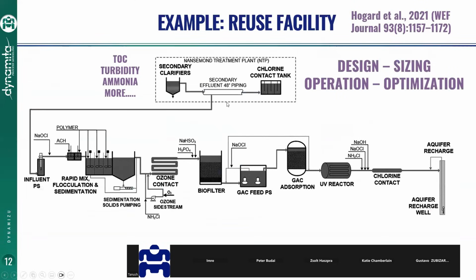So for the last example, we're going to look at a reuse facility, and you can refer to this paper on top by Hogarth. This paper describes a case study of the Swift facility by HRSD, the Hampton Roads Sanitary District. They take wastewater from the enhanced treatment plant, and the effluent goes into a coagulation, flocculation, sedimentation tank with some